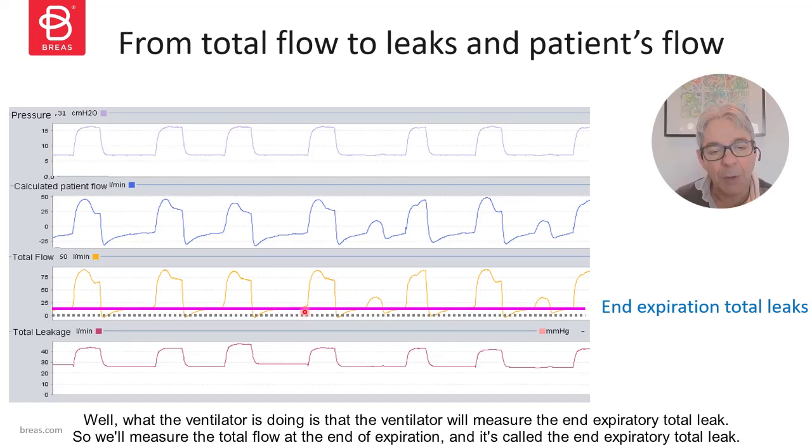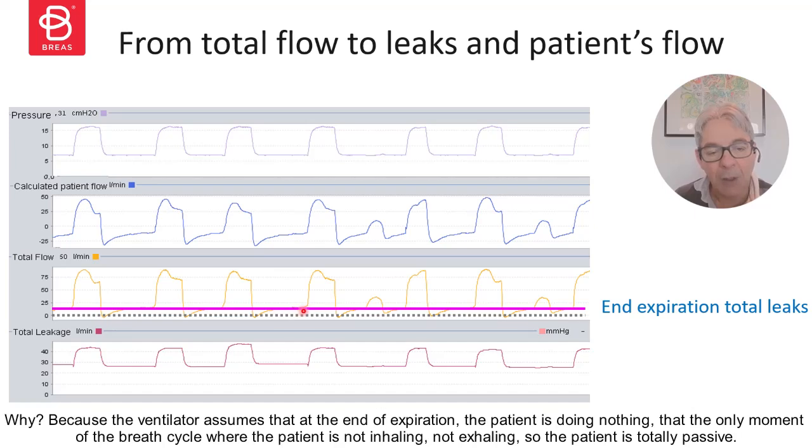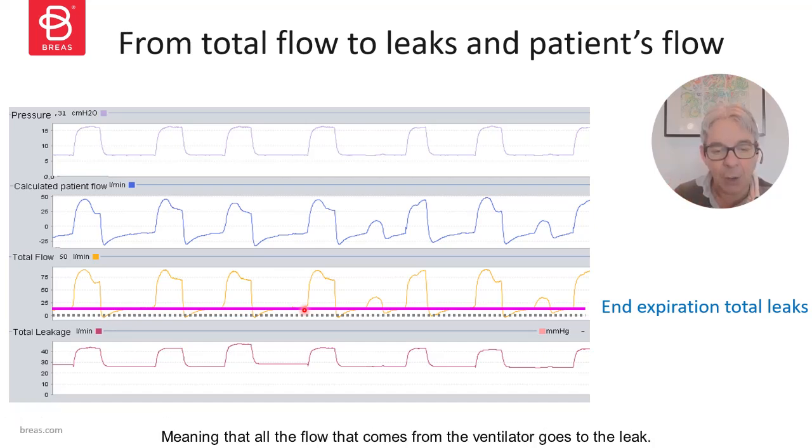So we'll measure the total flow at the end of expiration. It's called the end expiratory total leak. Why? Because the ventilator assumes that at the end of expiration, the patient is doing nothing. It's the only moment of the breath cycle where the patient is not inhaling, not exhaling, so the patient is